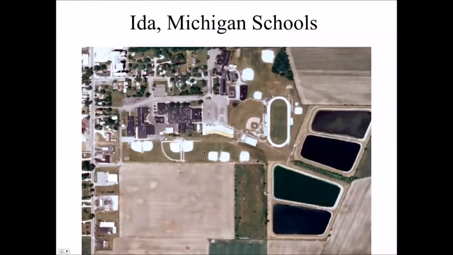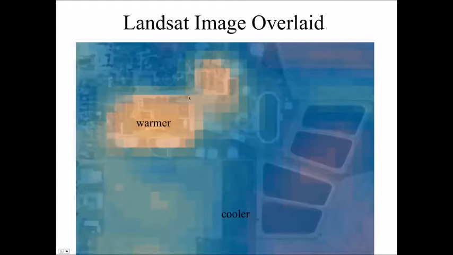They're very cool. But it's showing the land surface temperature of the city warmer than the surrounding areas. Here's just an example of Ida schools. When our kids go to school, they actually have these settling ponds behind the football stadium. Kind of weird, but anyway, the schools themselves here. And then I overlaid a Landsat image just showing pink is warmer, blue is cooler. So even the school itself is warmer than the areas surrounding it, partly because of the insulation, partly because of the materials, the pavement makes the school warmer than the area around it.